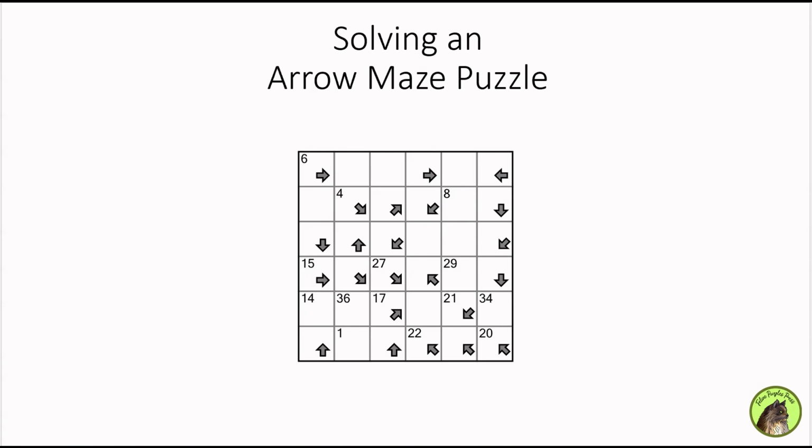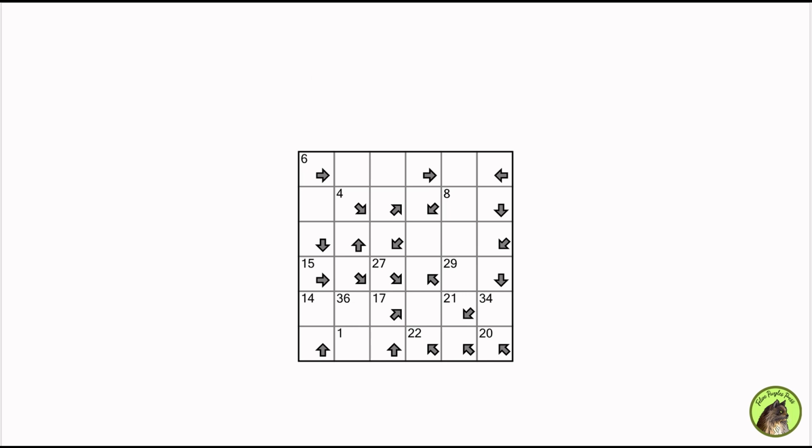Arrow maze is played on a rectangular grid with some numbers. Your goal is to find a path that goes through the entire grid, visiting each cell only once. The path starts from the cell with number 1, proceeds to 2, and so on, incorporating the numbers already found in the grid. The path can jump from one cell to another over several other cells, but if a cell